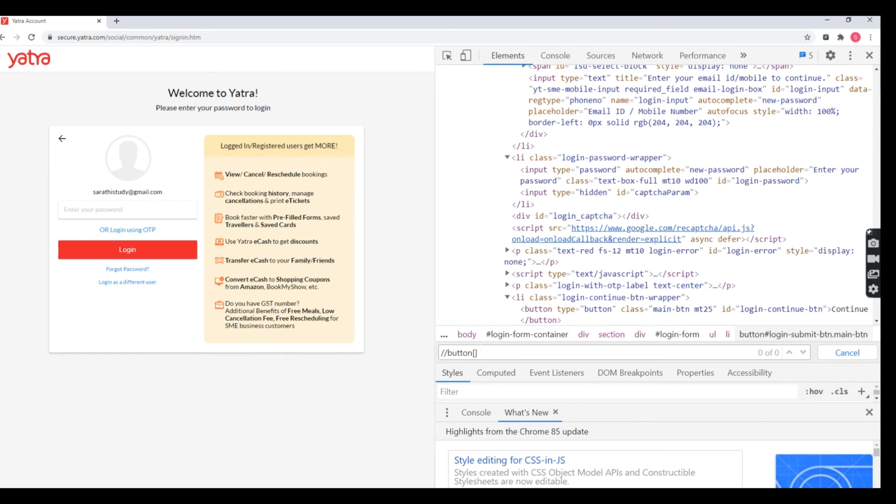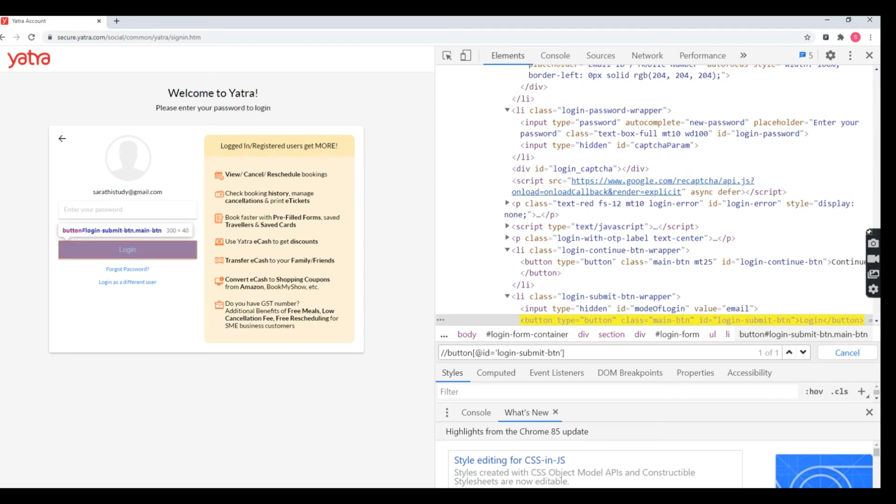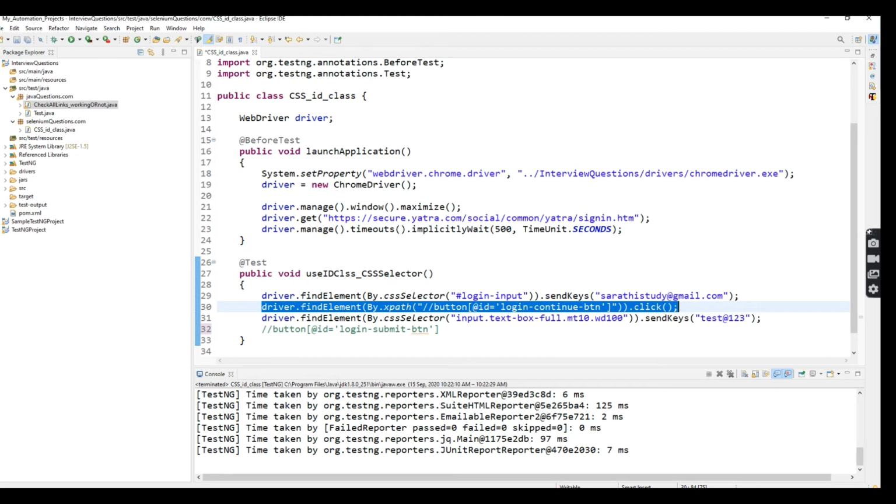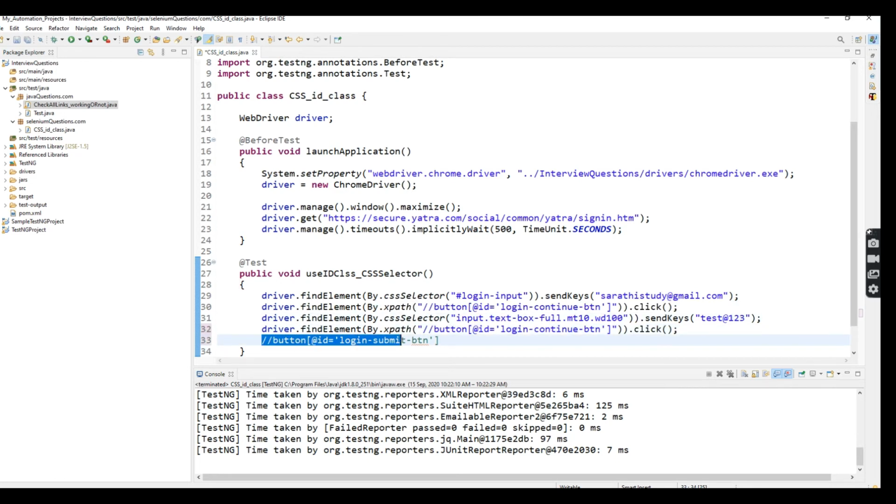I'm going to take the ID with the at symbol. So this is the XPath for the login button. I'll just copy and paste this one, and this login button XPath I replace here.